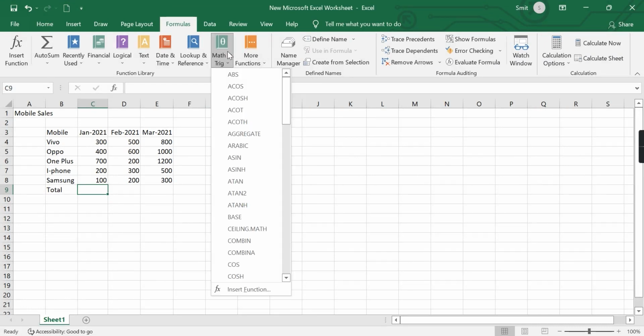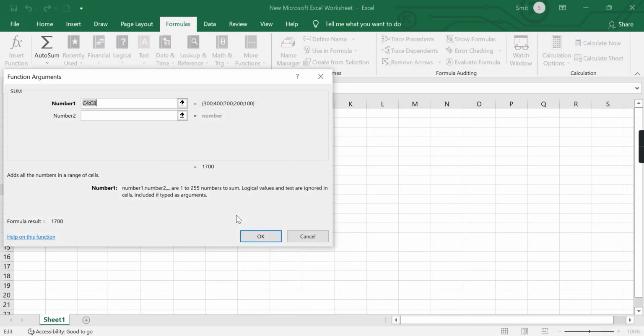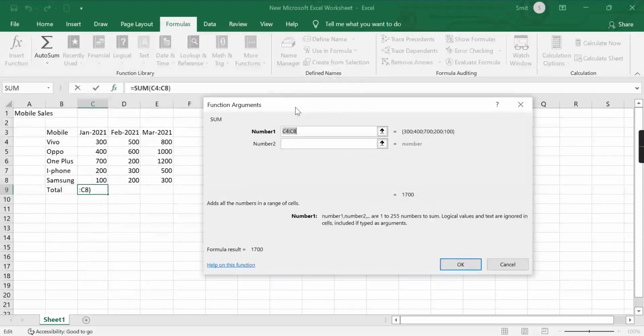I will click on math and trigonometry. I'll see if I find sum or not. So I find a sum here. Okay, I can select sum. And now an argument window will open, which will do a summation of C4 to C8. So here I can see my cell reference starts from C4 to C8. So it is okay, but you can also